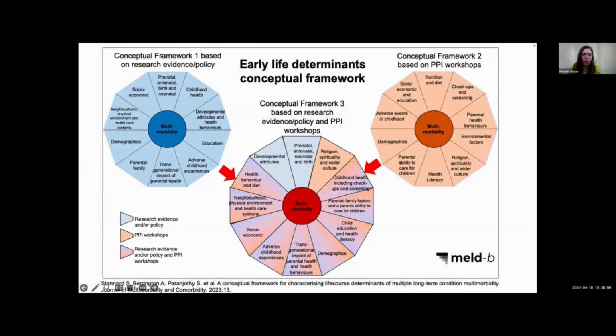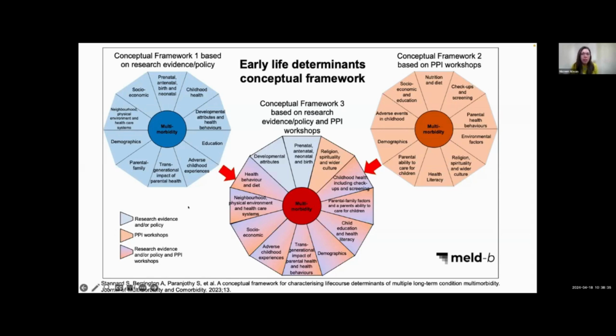Thank you, Simon. So yes, complex is a word that came up a lot so far in terms of what Simon presented. Definitely when we're looking at the early life determinants, using those multiple data sources is quite complex. There is some rich data there, and it's variable between kind of the routine health records and the birth cohorts, which have a lot of this sort of early life determinants at multiple time points for some of them.